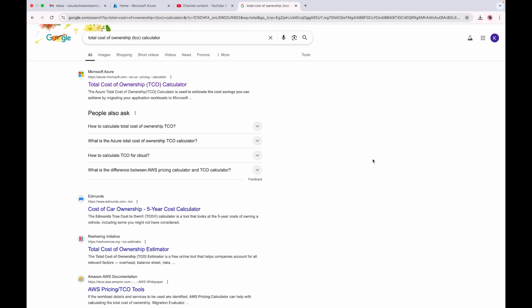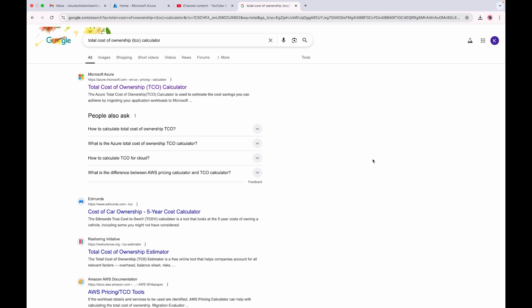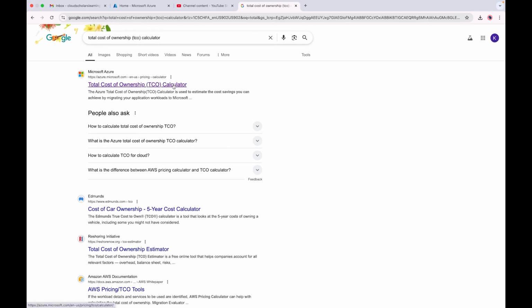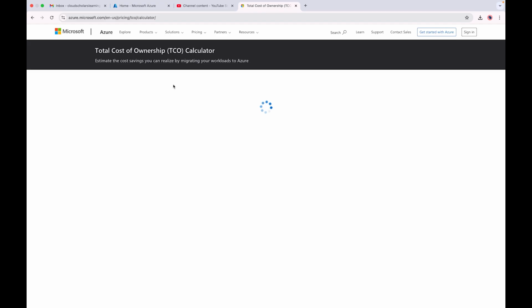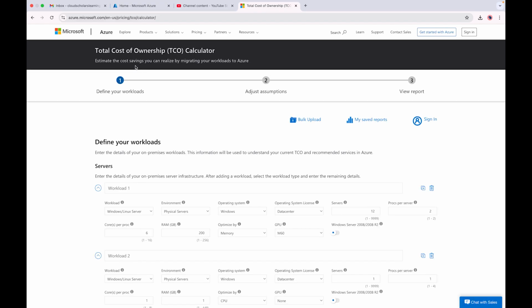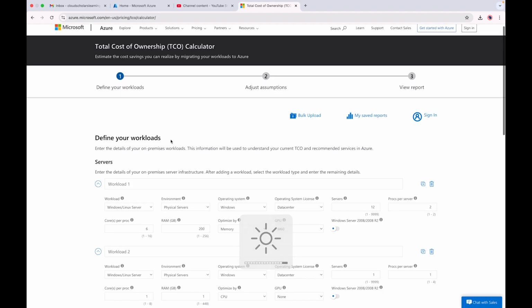Okay, over at the web browser, we see on the page that when we type in total cost of ownership in Google or whatever browser you want to use, you'll see it right here. With this total cost of ownership, it says estimate the cost savings you can realize by migrating your workloads to Azure. So what I'm going to do here is put a bunch of dummy data into this